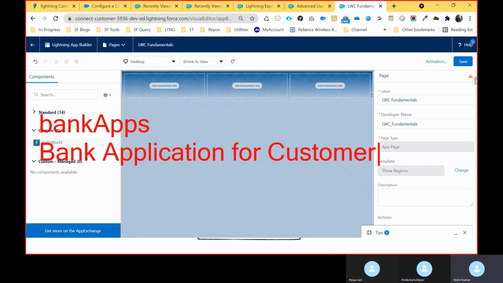For your knowledge, this is the backend name. A developer is fine with this one, but the end user doesn't know about this naming convention and all those things, right? So that's why I'm showing this. The second one is user friendly, and the user easily understands that bank and application are separate. Here you can see only one sentence, bank apps.